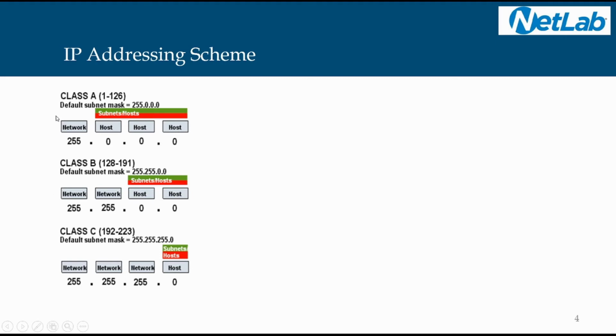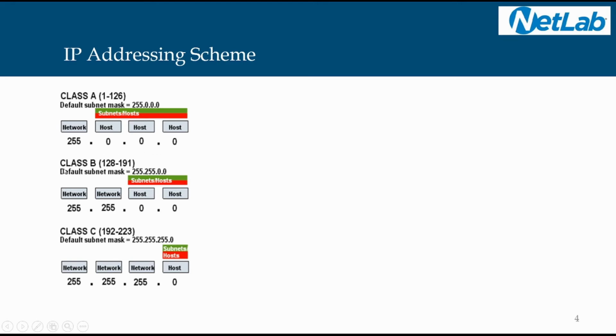There is something known as the default subnet mask. The default subnet mask provides the information as to where the IP address is located. The location of the IP address is informed to the intermediate routing devices by the default subnet mask. In class A, the default subnet mask is 255.0.0.0. An IP address consists of 4 octets, 1, 2, 3 and 4. In class A, the first octet is reserved for the network. That is what the default subnet mask 255.0.0.0 indicates.